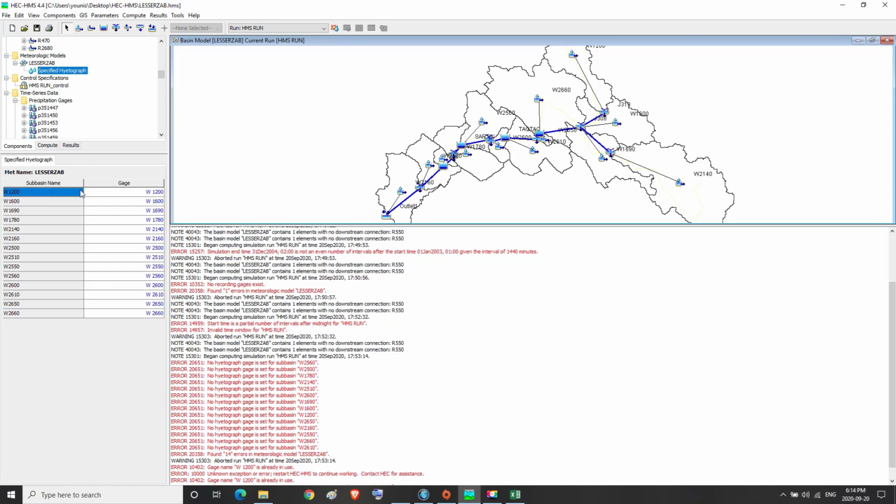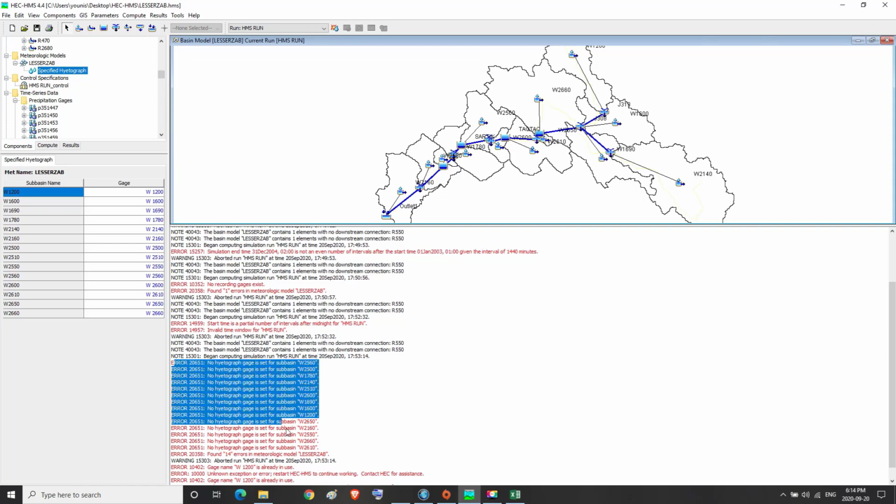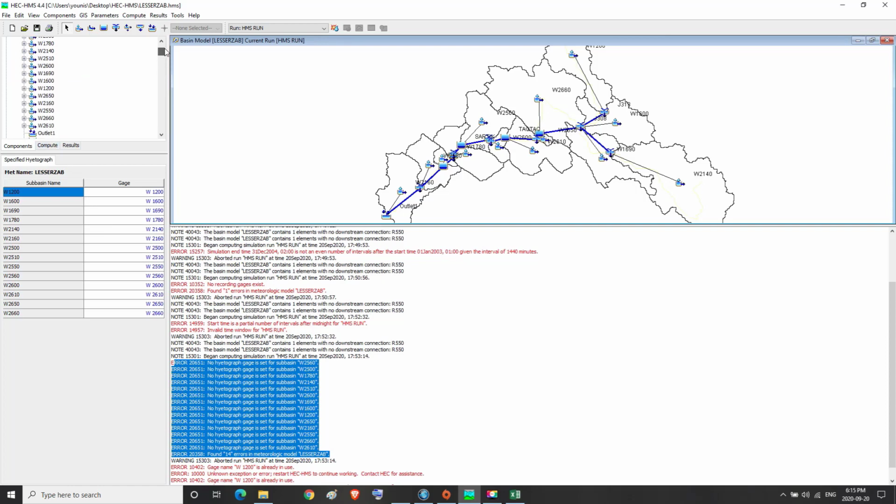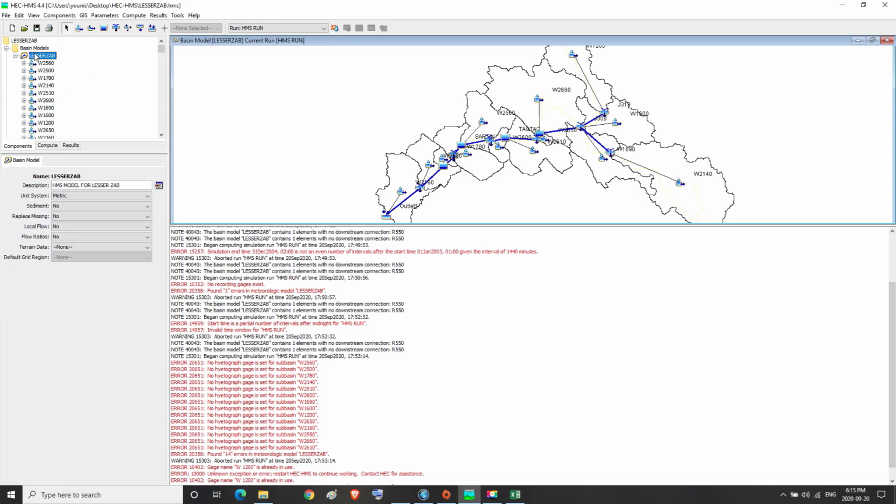By that, the hydrograph gauges had been set for the subbasins and the error has been resolved. Then we save the project by pressing on save.